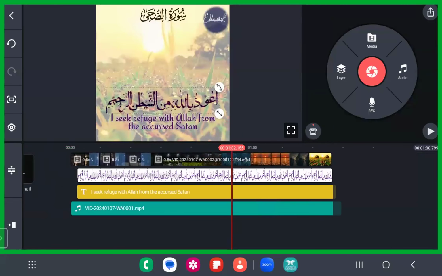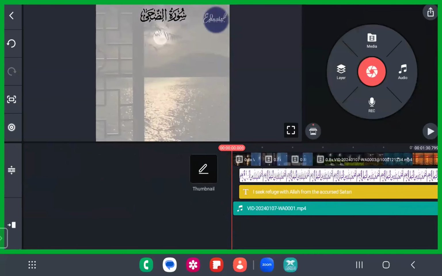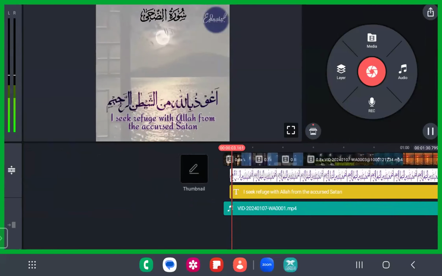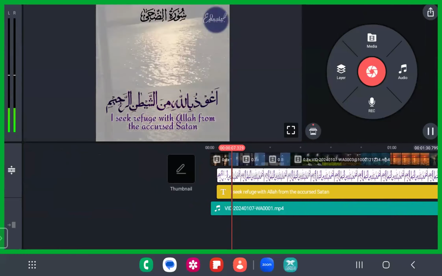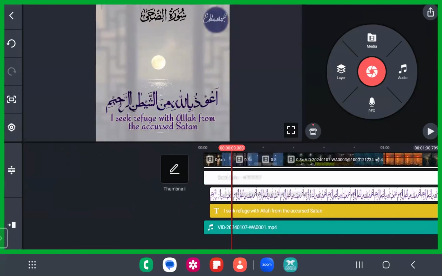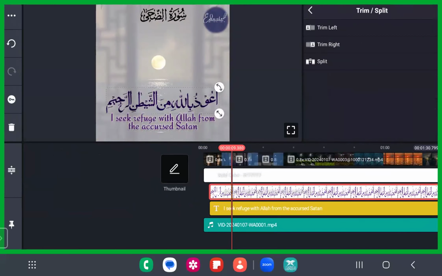You just don't have to trim it, you have to split it there, fine. So from here we're going to start. Just see how this is appearing here, and it stops still here, fine. The 7th second it's going to stop. Just pause it here, split it here. Okay, for this Auzubillah we do not need the rest of it, so just trim right, trim right.